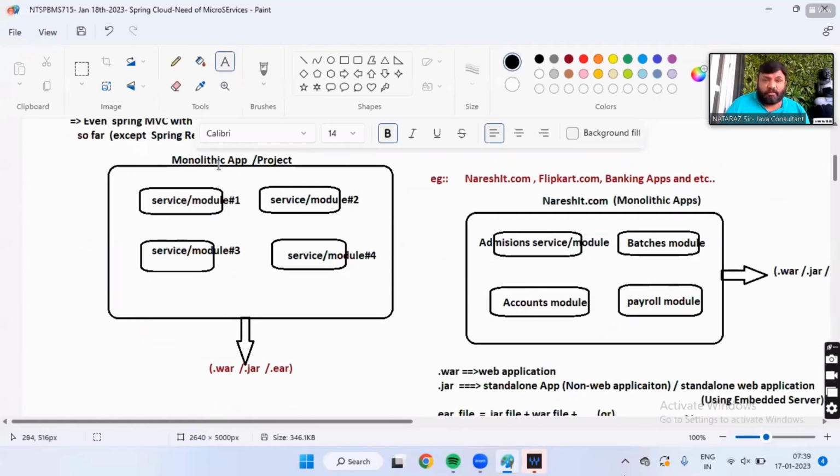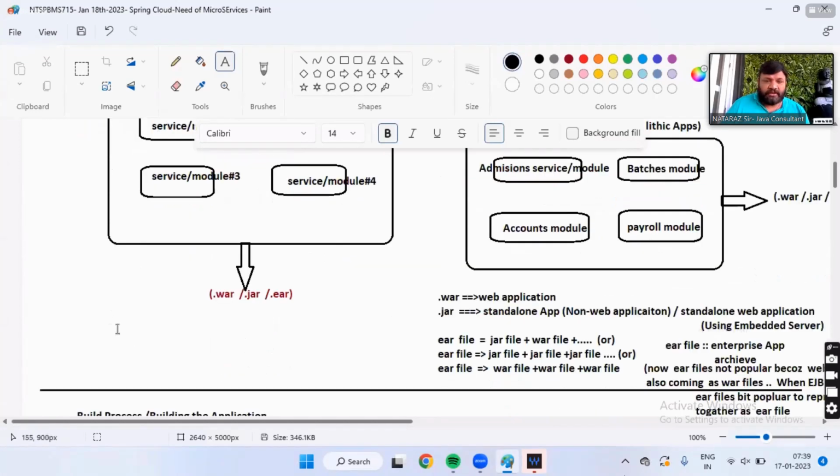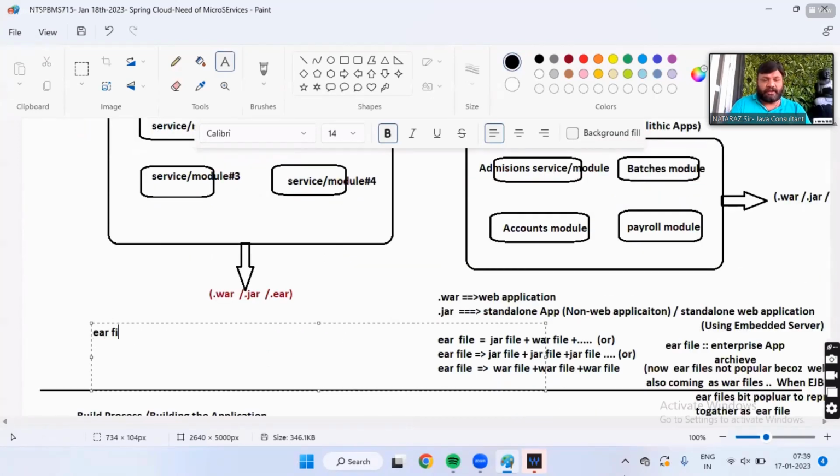Listen, guys, a monolithic application or project has service or module 1, module 2, module 3, module 4. All of them will be packed into either a single war file, jar file, or EAR file. And when I say EAR file, generally it is a war file plus a jar file.